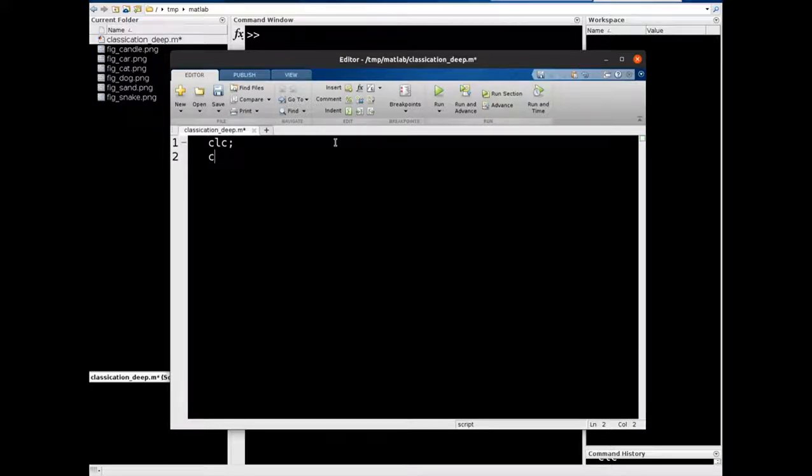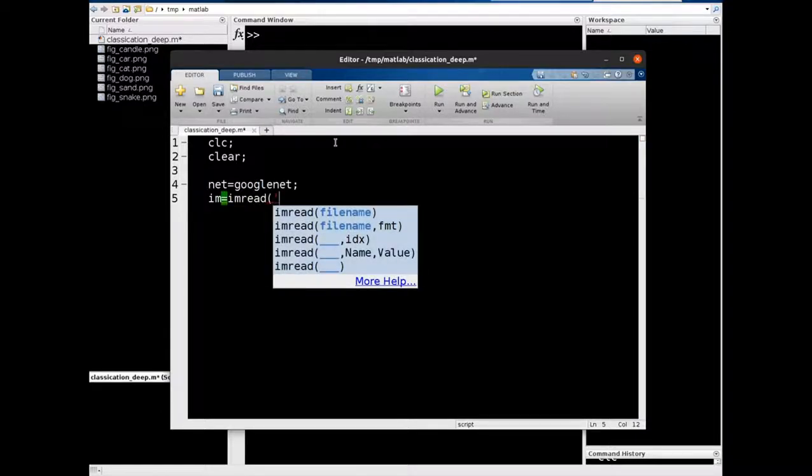Let me clear the screen and the variables and let us import the Google network again and then load the image using the imread function. Let us load the cat image.